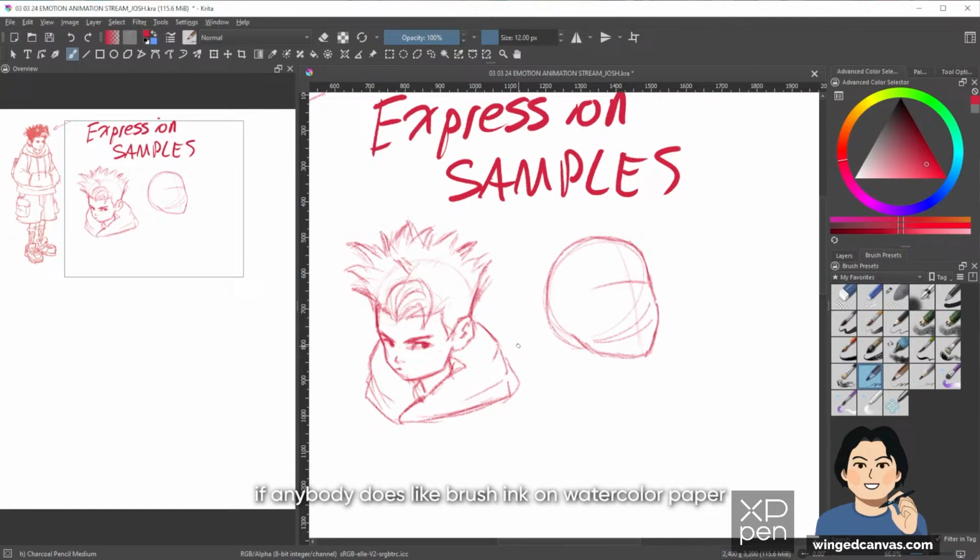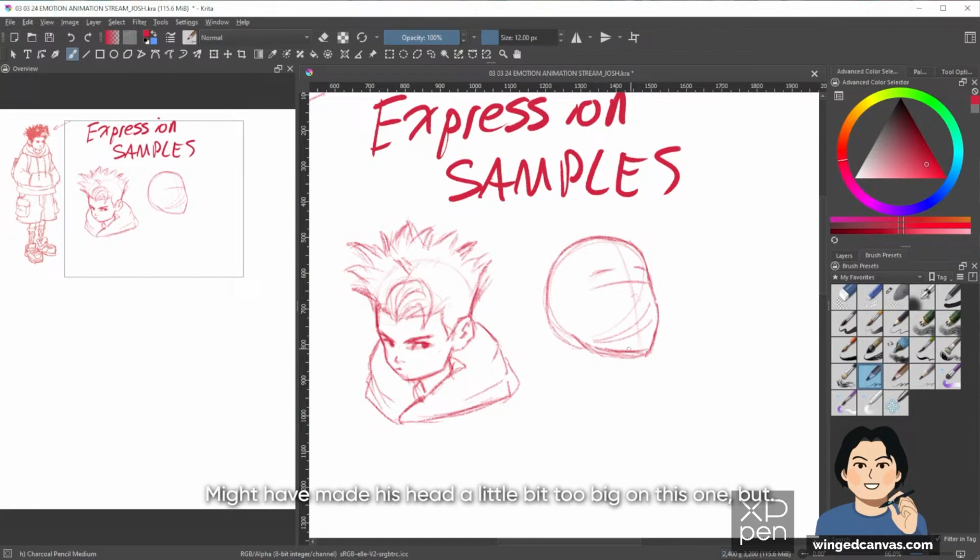If you do brush ink on watercolor paper and you made a mistake, you have 1 or 2 attempts to correct that line with sandpaper. Use finer sandpaper and just lightly rub off the surface. But you don't want to go too hard, or else you'll tear the paper. And most of the time this only works with 40-pound watercolor papers, so don't go too crazy with the watercolor paper, or else it'll be too much. Yeah.